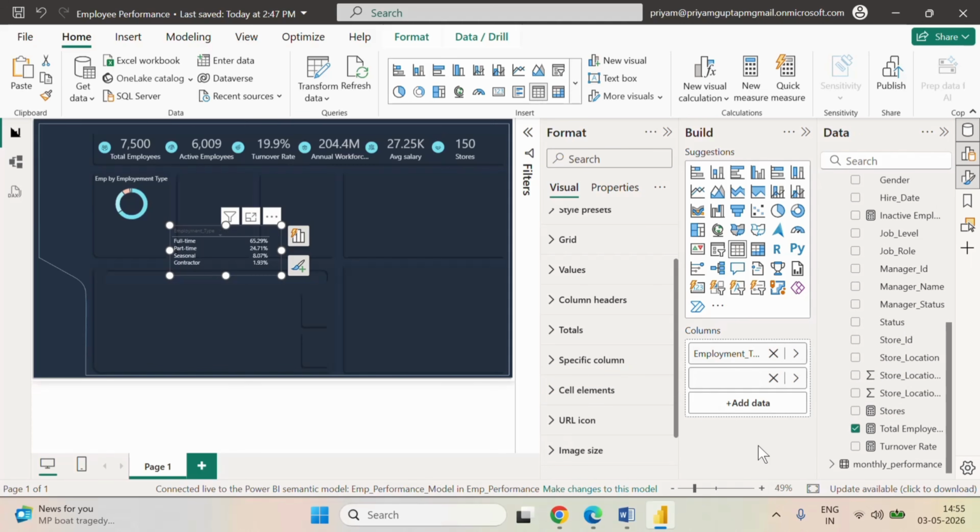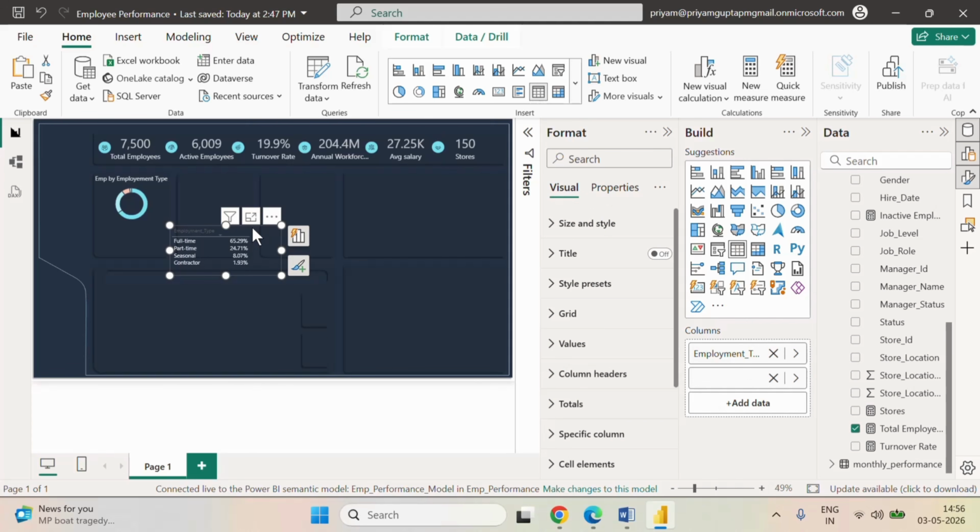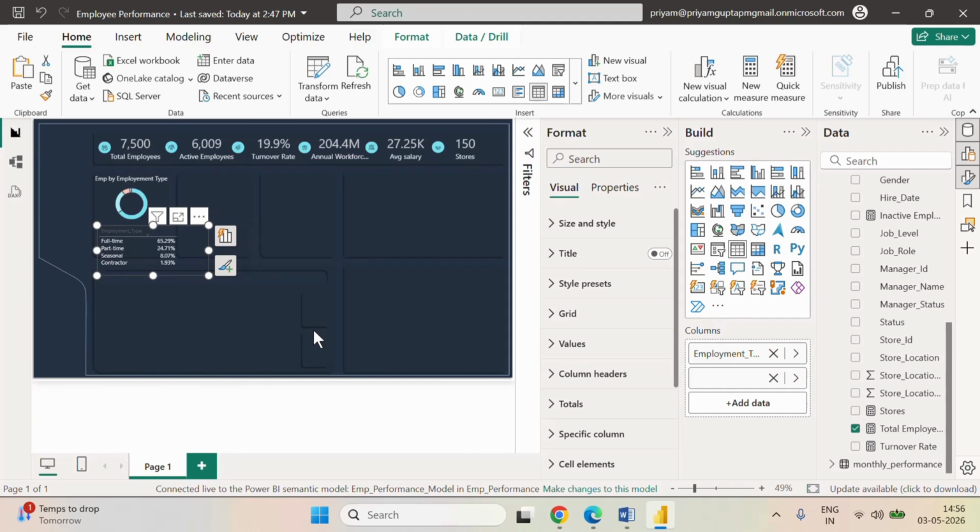Let's give a single space. Okay, and now let me bring it forward, and here we are going to place this matrix, this table visual here. Okay, like this we are going to place it,